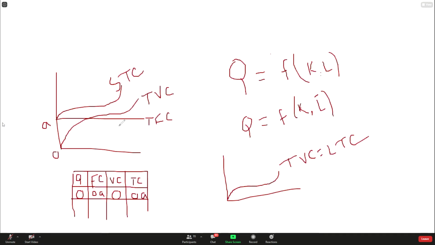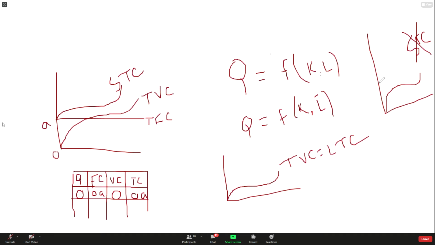So what actually am I trying to say? I am trying to say that when you are discussing the short run total cost function, actually it does not start from the origin. It must start from a distance after the origin. Is it clear or not? So when you draw the diagram of short run total cost, don't draw it from here, because if it is short run, there must be a fixed cost counterpart. So you are not showing a fixed cost counterpart here. So it is not a short run total cost diagram.